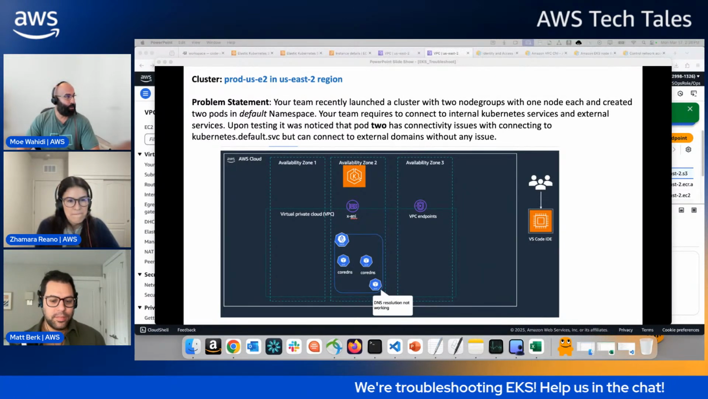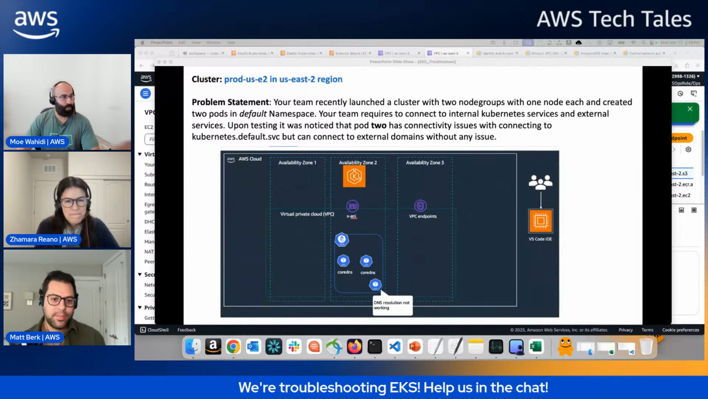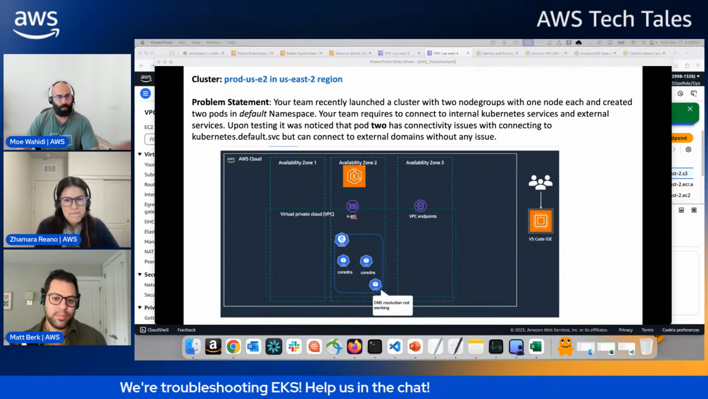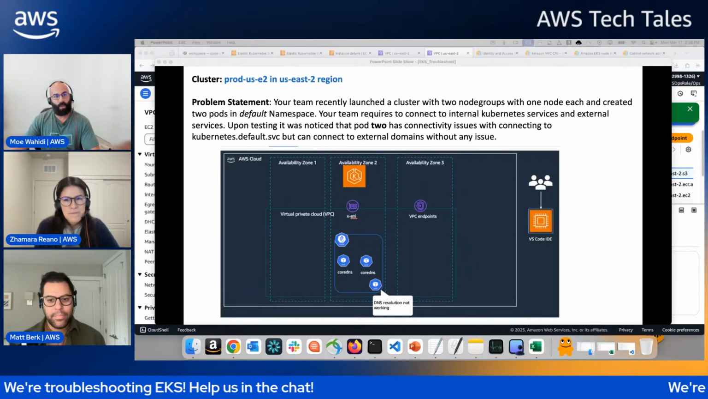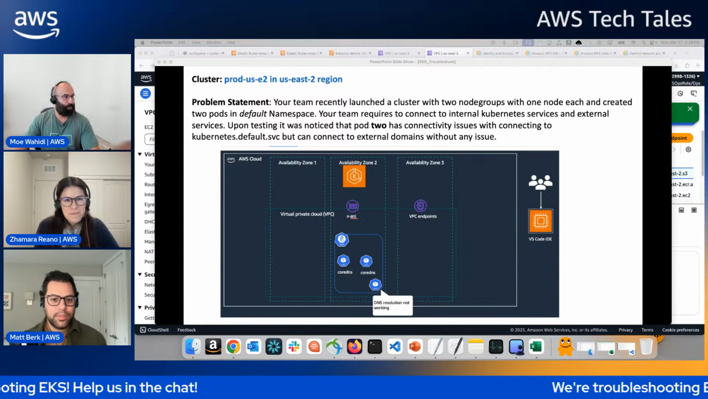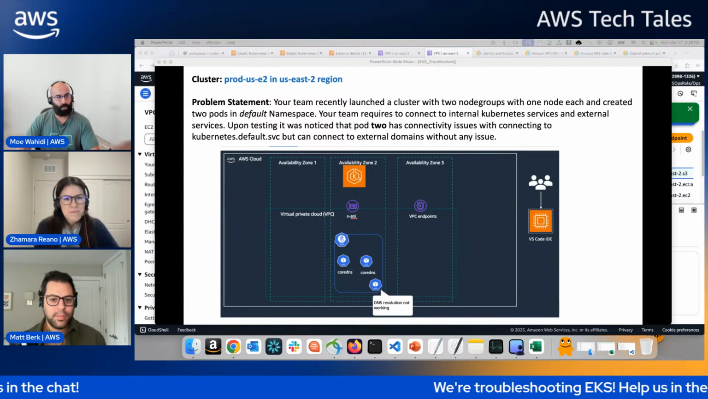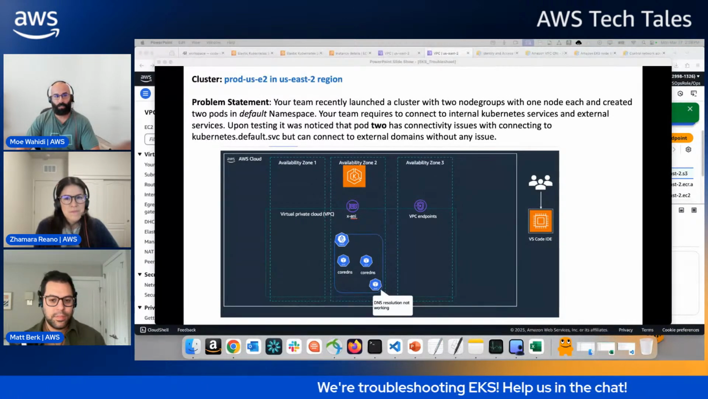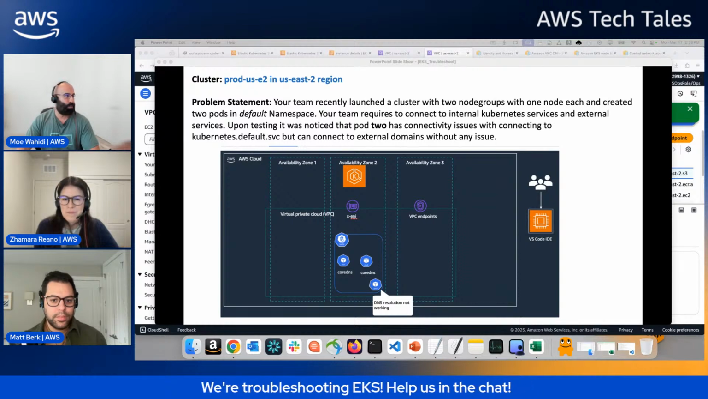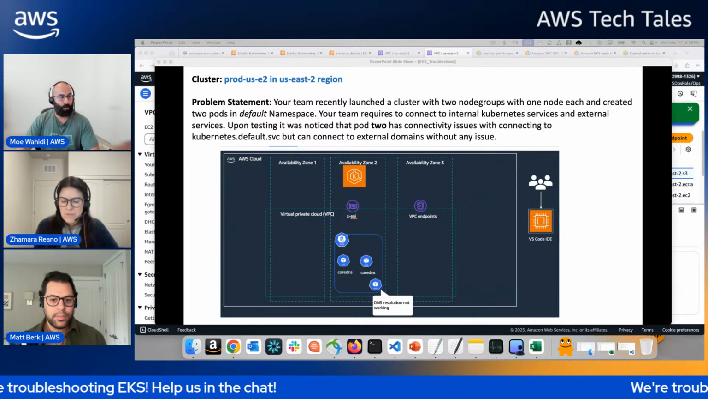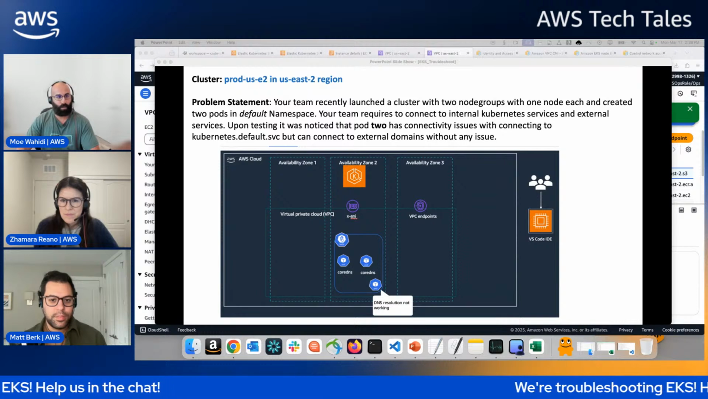Okay. And let's go through the problem statement. Your team recently launched a cluster with 2 node groups, with 1 node group each, and created 2 pods in default namespace. Your team requires to connect to internal Kubernetes services and external services. Upon testing, it was noticed that pod 2 has connectivity issues with connecting to the